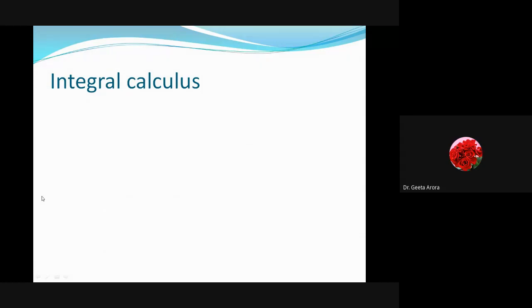So today we are going to start with the integral calculus. In the last lecture when we started, you can see the heading was calculus. When we are just talking about the limit, continuity and differentiability of a function, then we call it just calculus. But when the integration of functions comes into the picture, then we have given the heading as integral calculus. It means now we are going to start with the integration of a function.